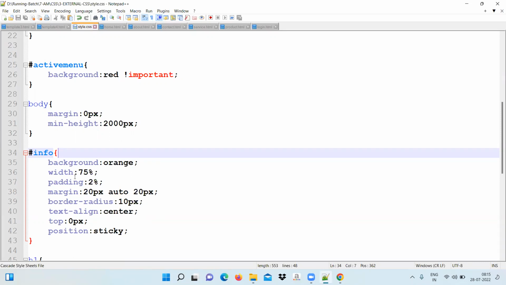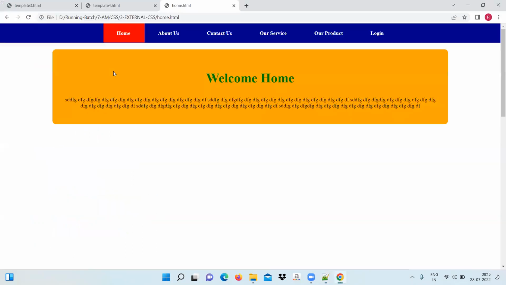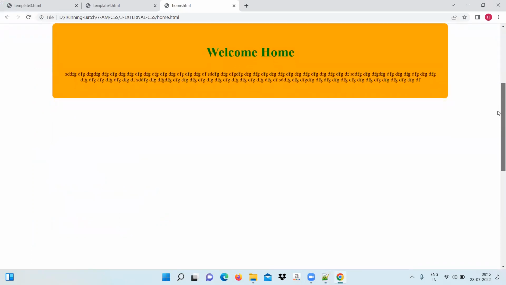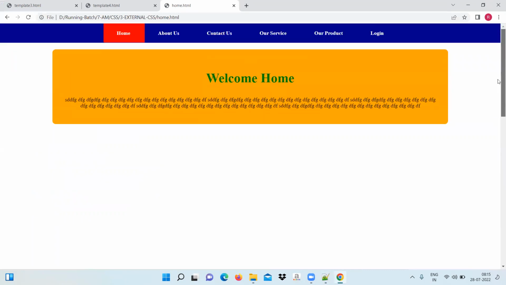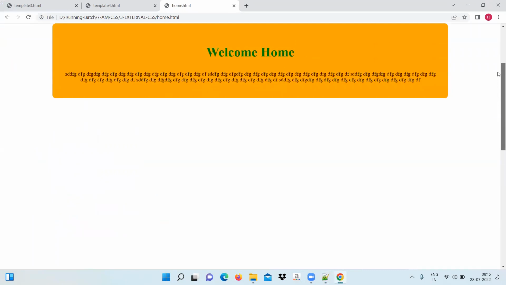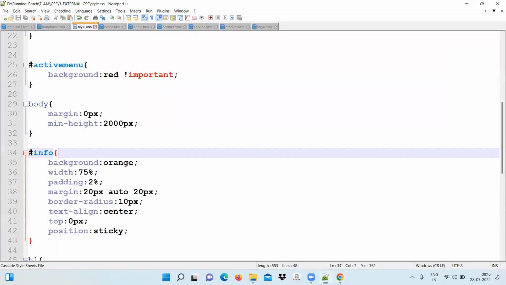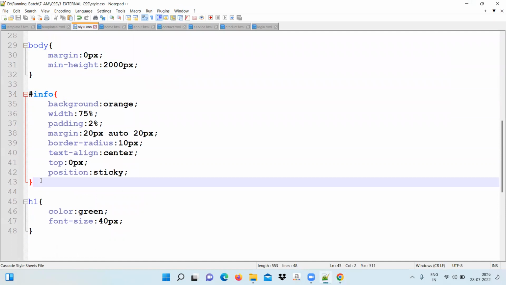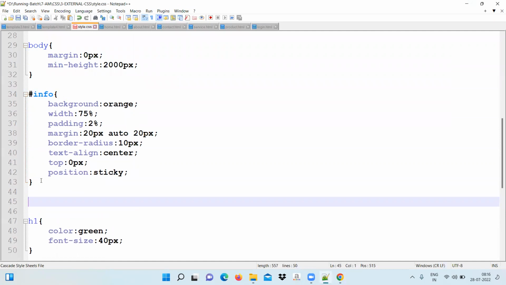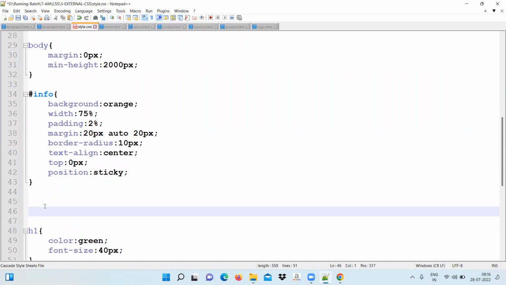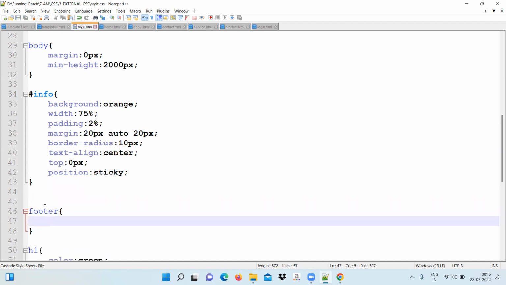Okay, hope written. Now after this, see here, it happens in this way. When we scroll down, you can see as soon as it touches, it will become a fixed navigation. Something like this. It becomes fixed. That is called position sticky. Come next after this. Write the next division. Not division, footer you can write. In a footer you write